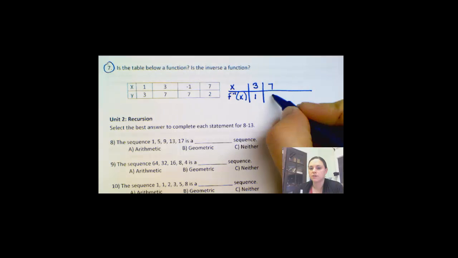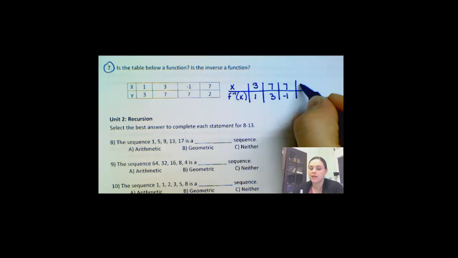So when we try to decide if the inverse is a function, right here, if we look at these two, an input of 7 has two different outputs. 7 is going to have an output of 3, and it's also going to have an output of -1. So the inverse would